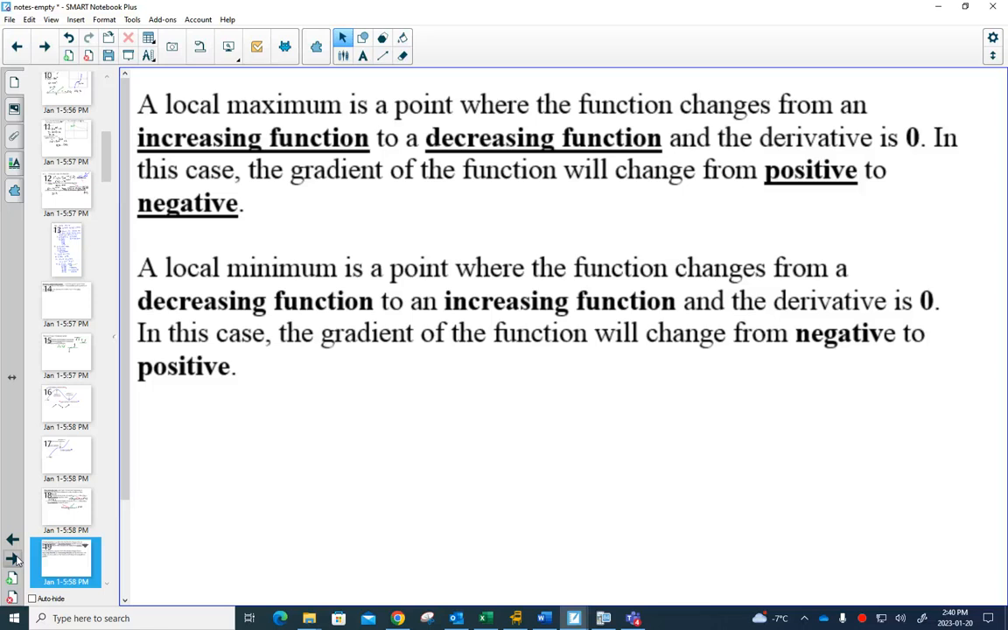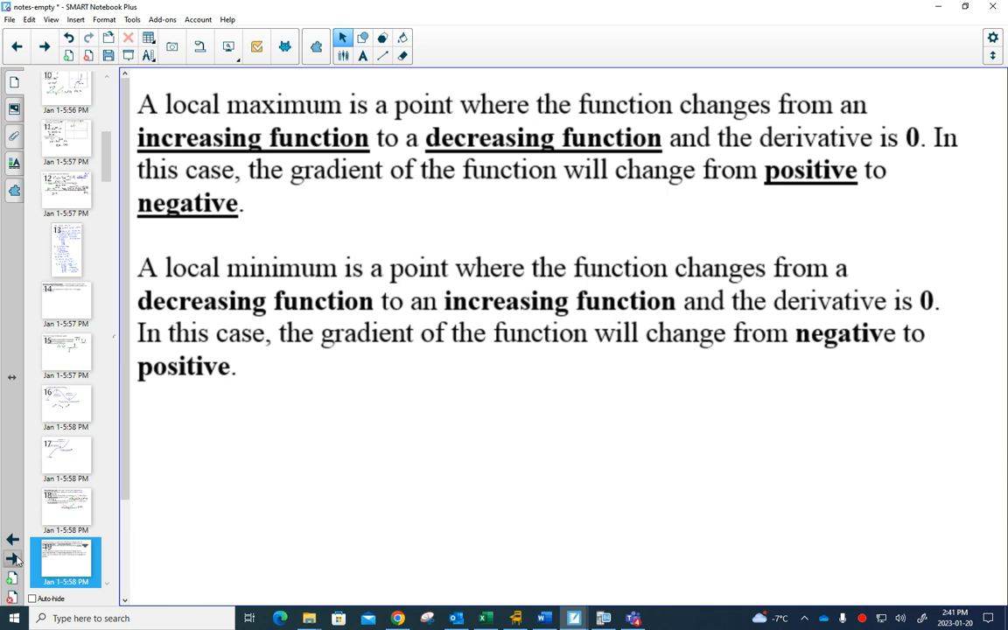So, saying this again in words. A local maximum is a point where the function changes from an increasing function to a decreasing function, and the derivative is 0. So we will always need to show two things for something to be a maximum or minimum. It is not enough to show that something changes from increasing to decreasing